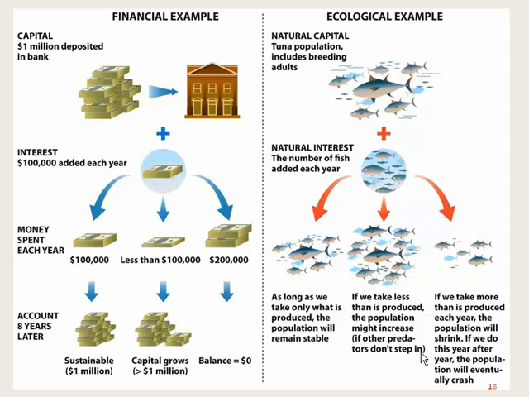So again, there's a strong linkage between our financial example and the natural systems example that you can find in ecological systems. Both are trying to portray the difference between the capital, say the starting population or the starting financial balance, and the amount of money added or individuals added to the population, and then how do we use either resource, either at its annual production rate or greater or less than.